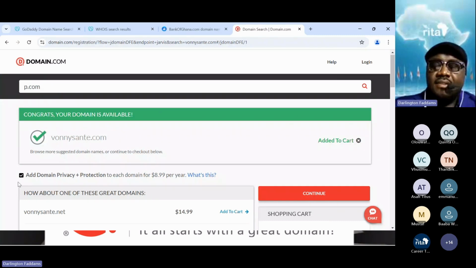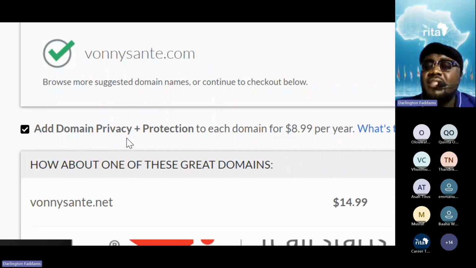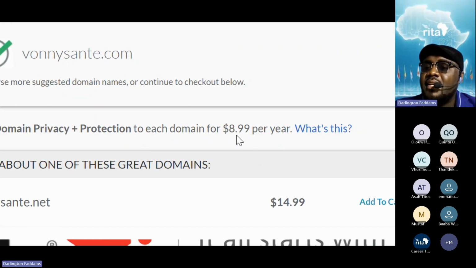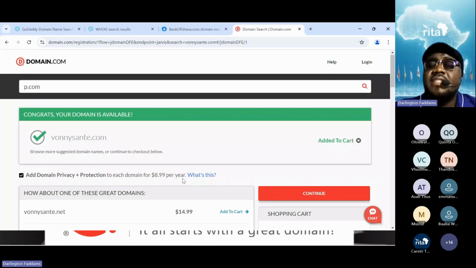Okay, look at this. They are telling you that after you buy your domain, you can choose to take this box. When you take this box, what you are doing is that you are adding domain privacy plus protection to your domain. And they charge 8.99 a year. So this one is not the price of the domain name, it's the price of privacy. Privacy is for sale.